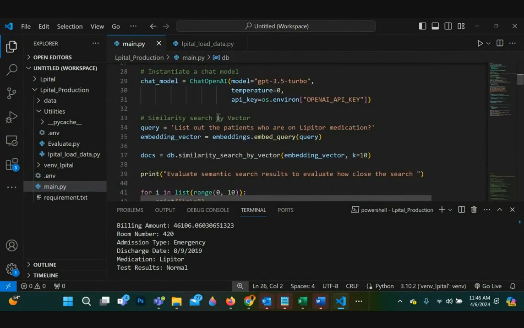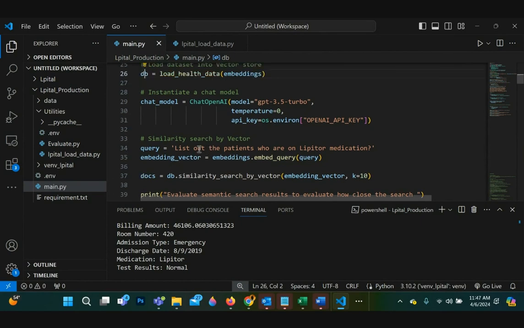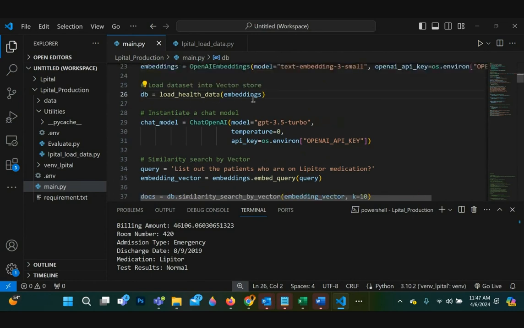I think we can print. Then we can print this. When you print this, it gives you the vectors. Okay. And these are zeros and ones and float numbers. It's not something readable. Okay. Thank you. Sure.